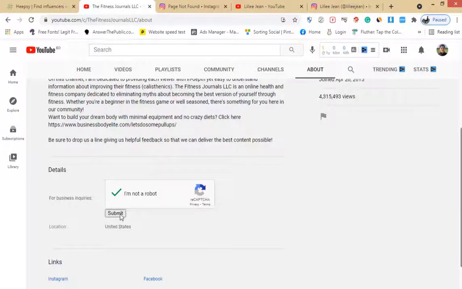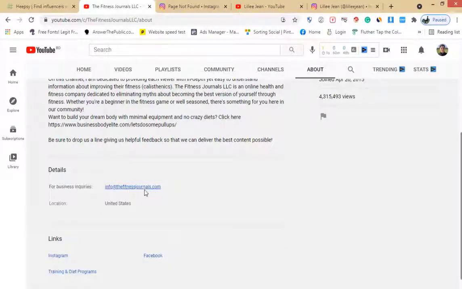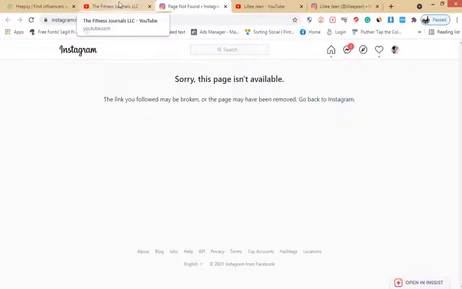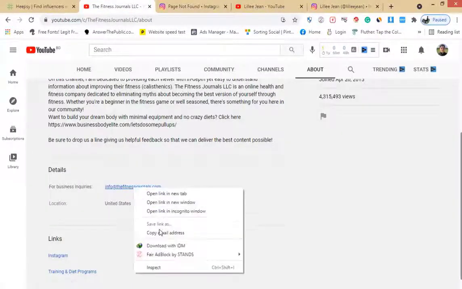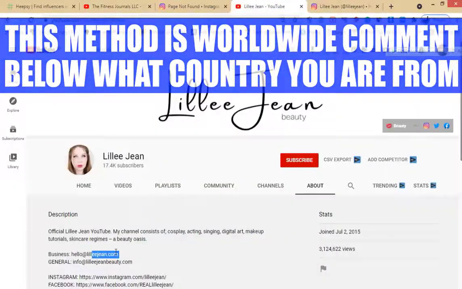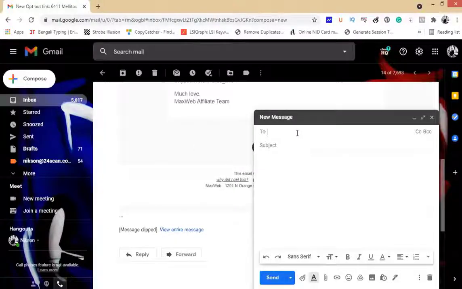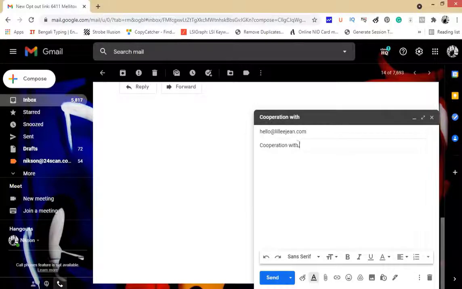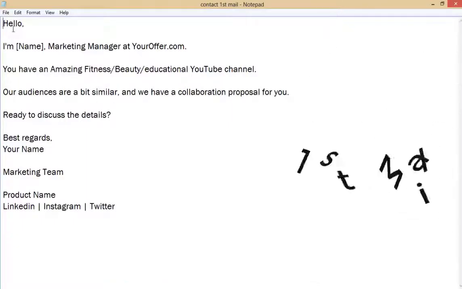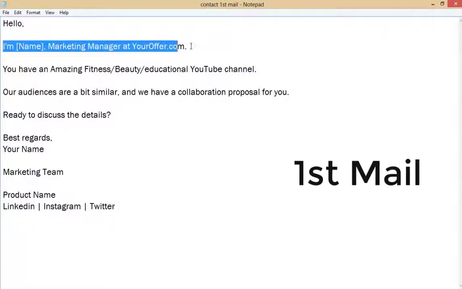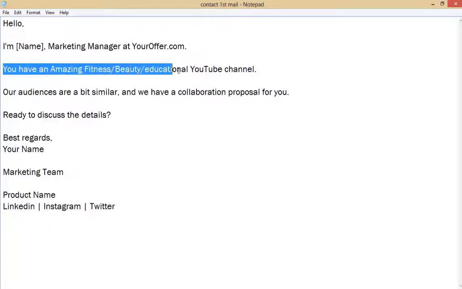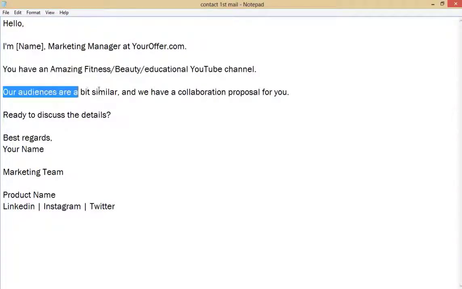So first we have to get all the influencers' emails in an Excel sheet, and one by one we have to send all of them our email, a message. So let's see what we can send them. You can use your current Gmail account to talk with them, and here you keep the influencer's email, and in the subject line you can type a business opportunity on Poud, and here in the description you have to type like this: tell them your name, or that you come from that company, and what offer you are promoting. You can promote any offer. Just tell them that you are the marketing manager of that product, and